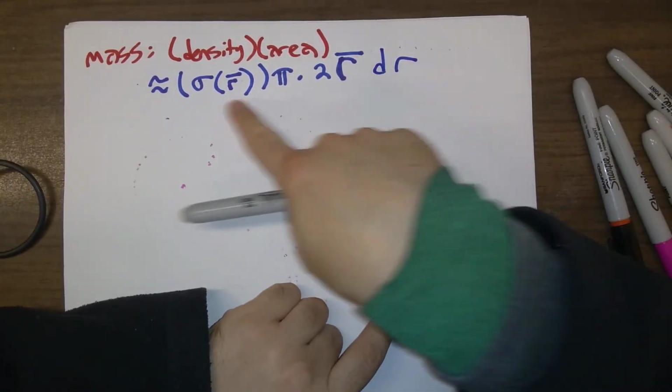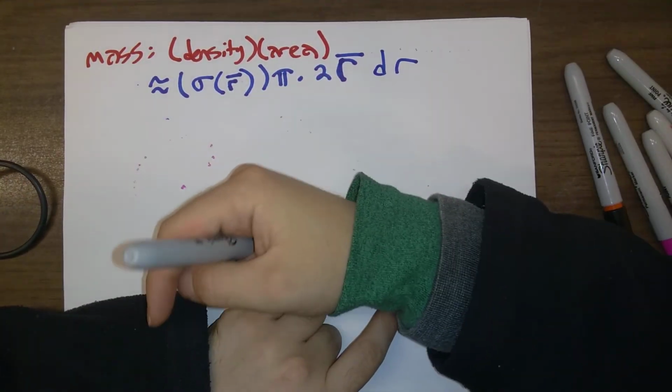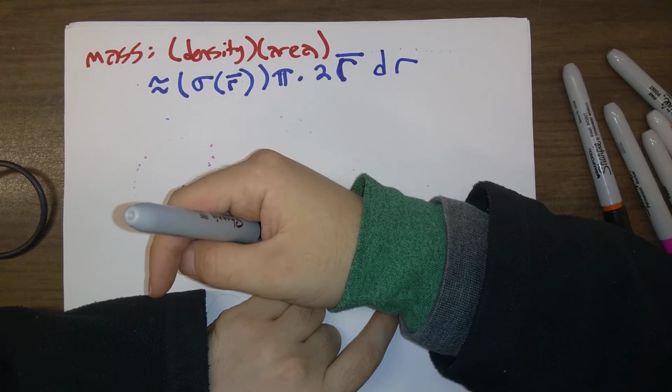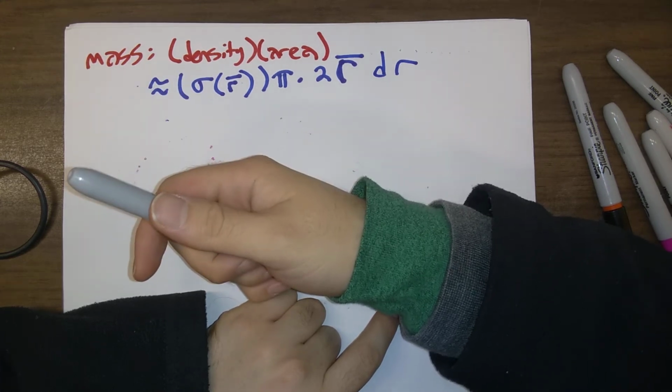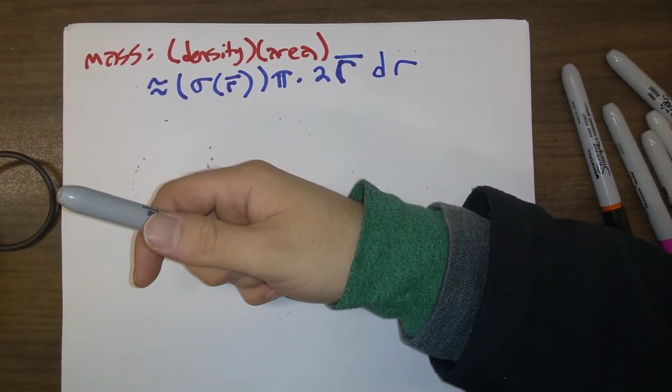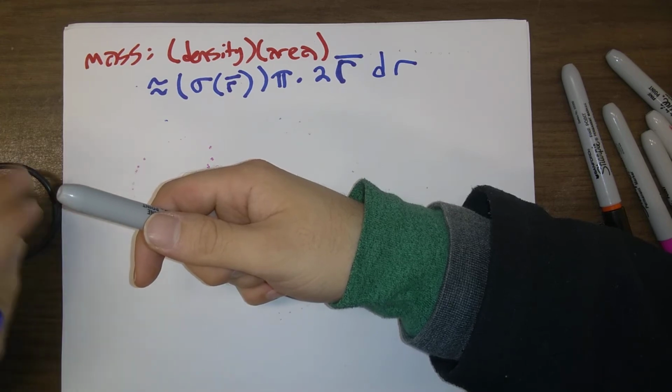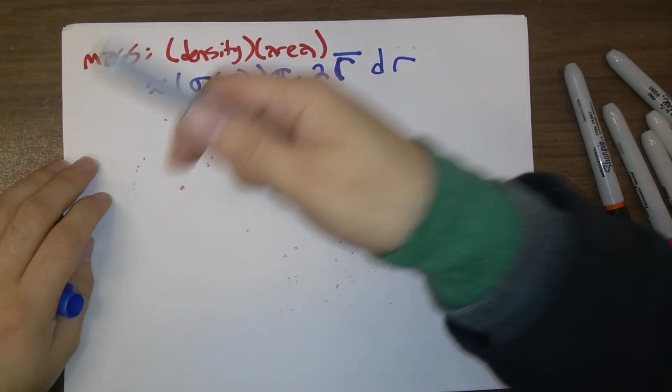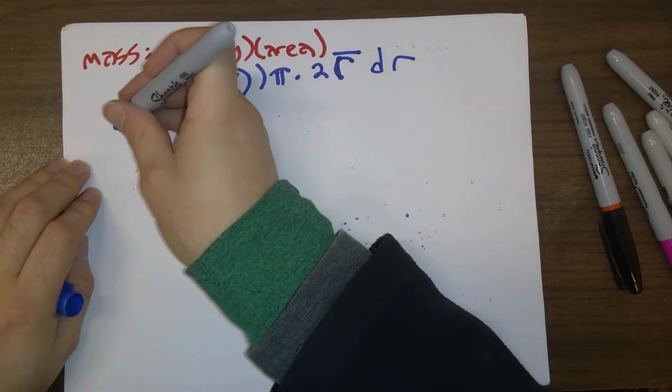So at this point, we have to add up all of these masses. This is our approximation for the mass over any thin ring here. We have to add up all of these little masses, but adding up all of these little masses is just, we interpret that as an integral. And so the total mass